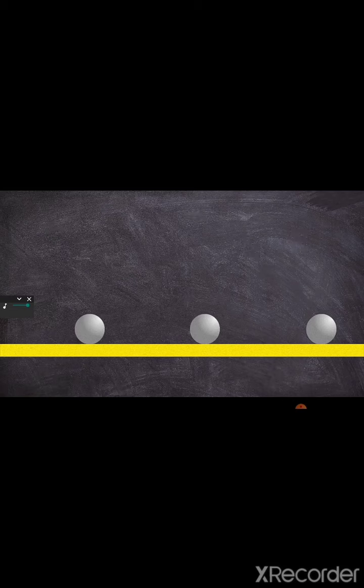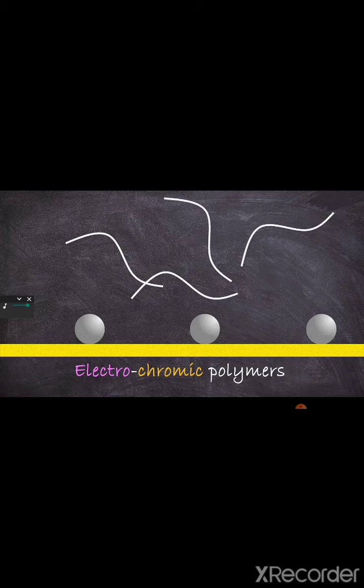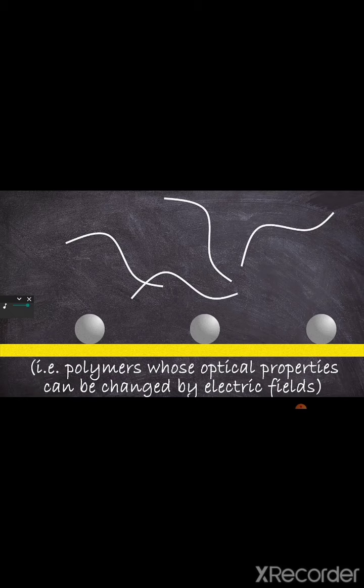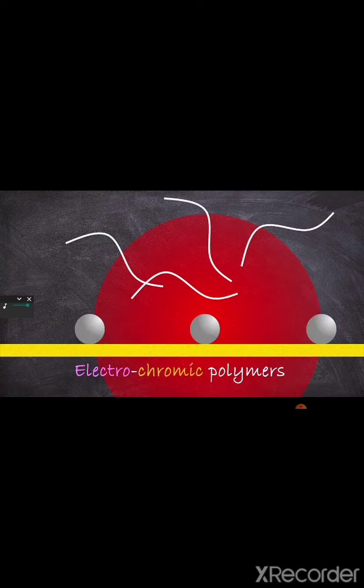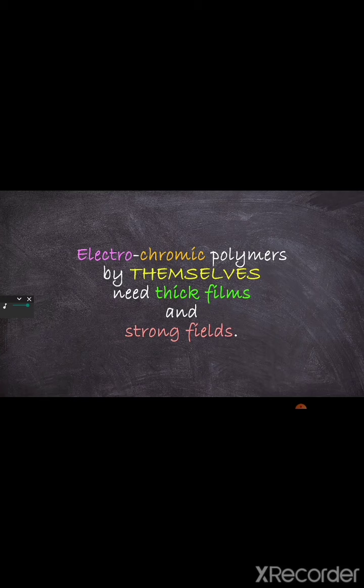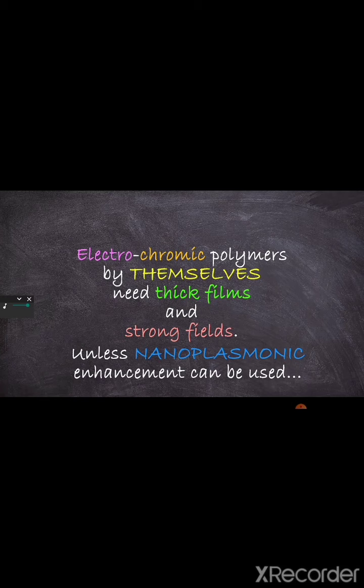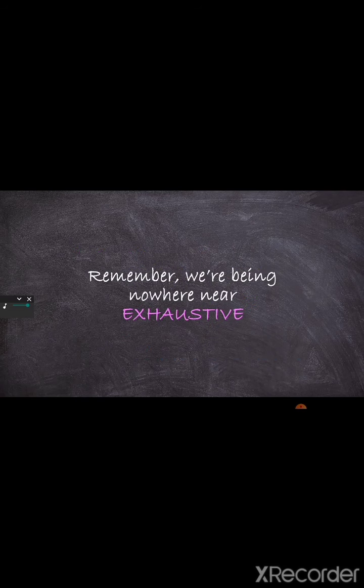Another idea is to combine these plasmonic particles with what are called electrochromic polymers, which are polymers whose color or electrical properties change when electric field is applied. These polymers can actually be used by themselves to make dynamic displays, but they have a number of drawbacks, such as the need for thick films and high voltages. But by exploiting the field enhancement effects of nanoparticles, maybe it's possible to overcome both of these drawbacks by concentrating the field, so less voltage is required in a thin film. As I said, there are literally dozens of other suggested ways of making such screens, and I encourage you to explore for yourself. But hopefully that's enough to maybe